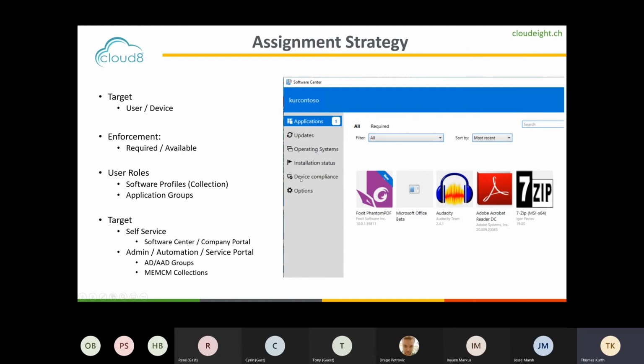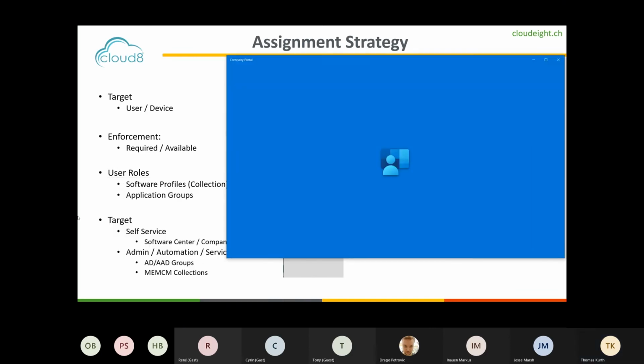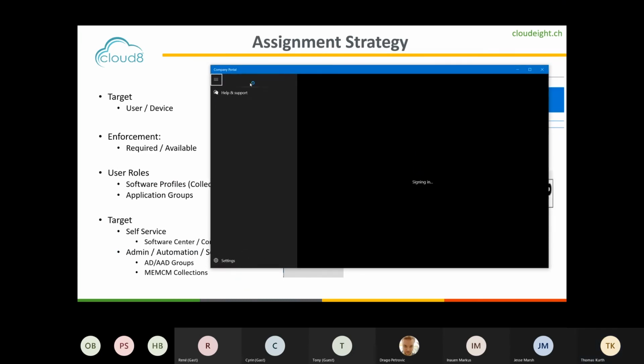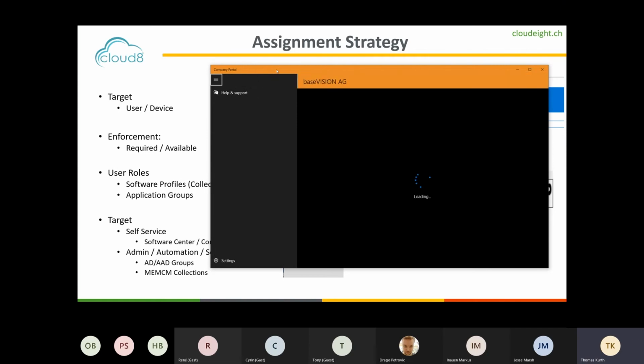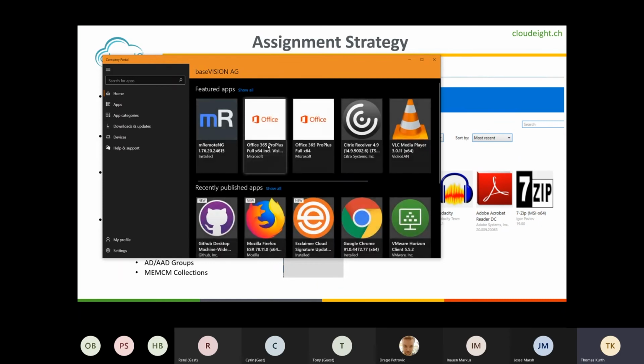Here we have the possibility to add, for example, additional sections where we are able to add a browser window into the software center, so we can expand the software center dynamically, where the company portal, just have to show you that, is a little bit limited regarding customization,